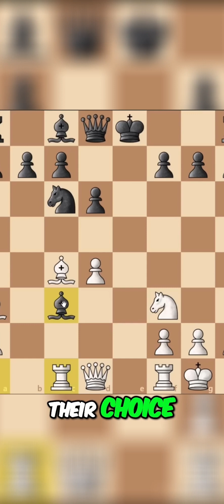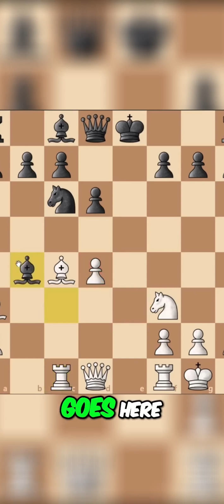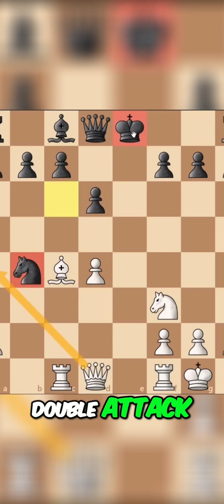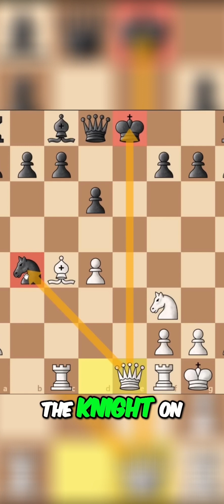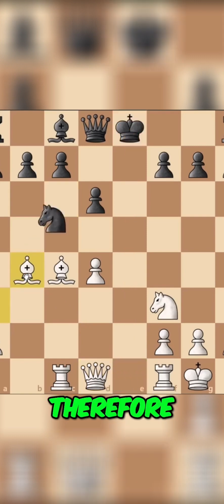The bishop needs to go somewhere, and we know that Black is going to lose regardless of their choice. They can't take here because it's guarded by the knight. If the bishop goes here, then after the trade this knight becomes vulnerable, and you can attack it either with queen e4, double attack to the king and knight, or queen e1, which is even faster with this double attack. And then you grab the knight on the next move, and you keep attacking, because not only you'll be up a